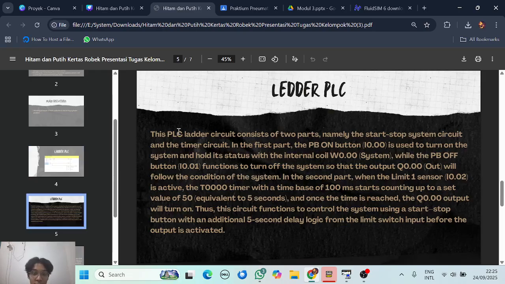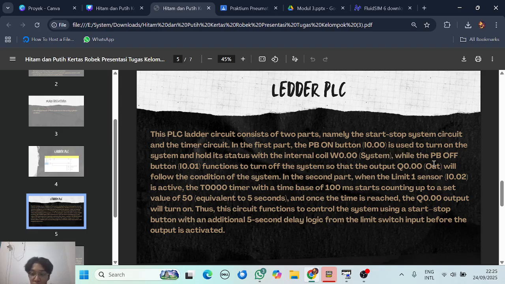Now, this PLC ladder circuit consists of two parts, namely the start-stop system circuit and the timer circuit. In the first part, the PB on, or push button on, is used to turn on the system and hold the status with the internal coil with code W0.00, which we call system.